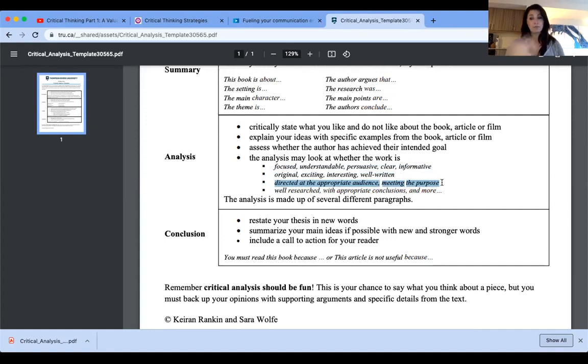We talked about it before the new year. We talked about the audience, purpose, and the tone. You need to always analyze that. And then in the case of analysis, you need to find the fallacies or biases within the content and the reading that you're performing.